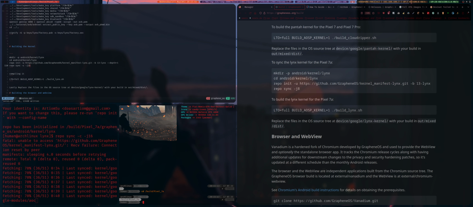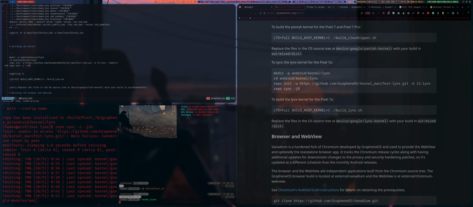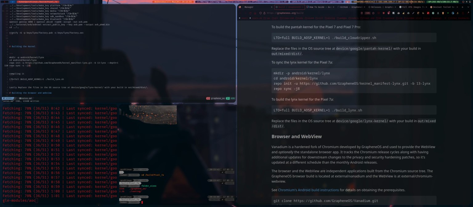So if we do folder sizes, this will give you an idea of how much storage you need just for the OS. Yeah, so the whole GrapheneOS,